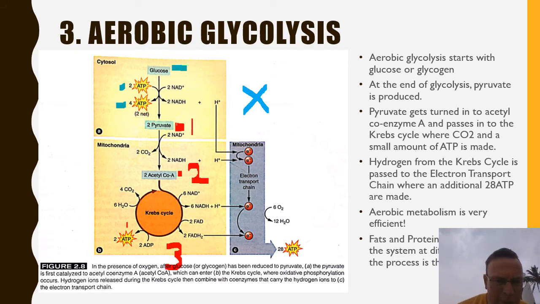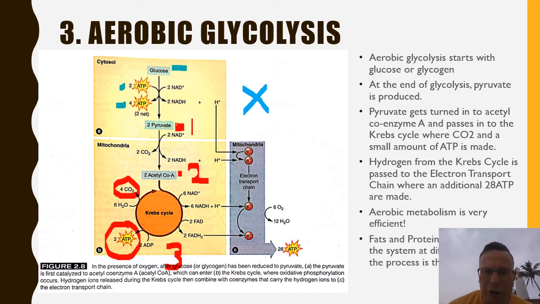Now, what we see on the Krebs cycle, we create a couple of molecules of ATP. You'll also see we create carbon dioxide. So the aerobic system continues that breakdown of glucose by washing it around another further system. Out of that system, we create carbon dioxide. Think about what we breathe out, carbon dioxide. We've also created another couple of molecules of ATP. Now, the important stuff that has been created, can you see